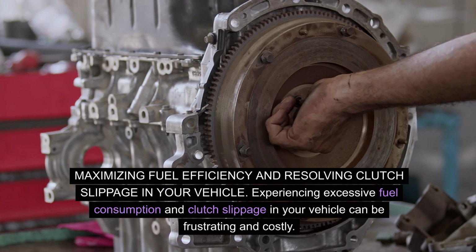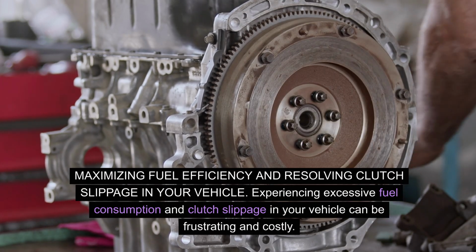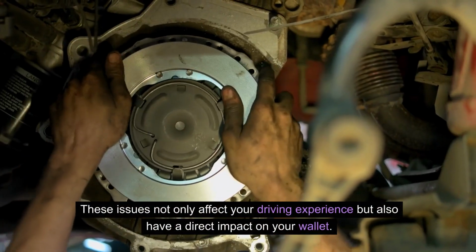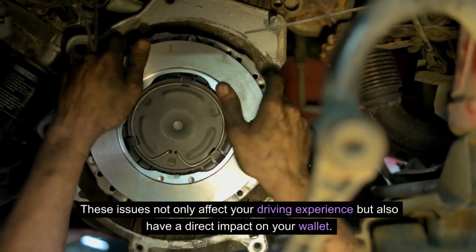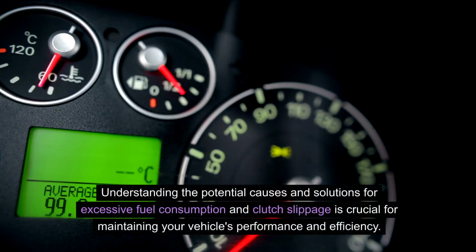Maximizing fuel efficiency and resolving clutch slippage in your vehicle. Experiencing excessive fuel consumption and clutch slippage in your vehicle can be frustrating and costly. These issues not only affect your driving experience, but also have a direct impact on your wallet. Understanding the potential causes and solutions for excessive fuel consumption and clutch slippage is crucial for maintaining your vehicle's performance